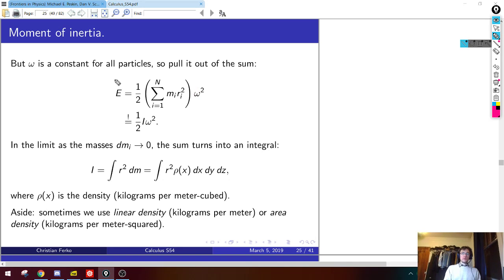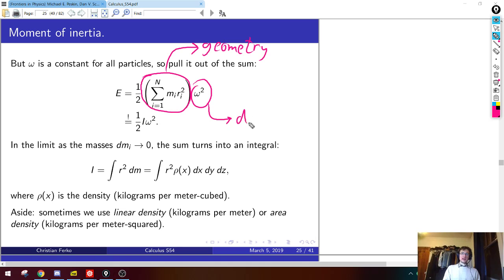So what did we just do? We wrote the total energy, the sum of the energies of all of the particles, as a product of two things. One of the things is just geometry. By geometry, I mean, to do this sum, all you have to know is where the particles are, what their masses are, and how far away they are from the central axis. So knowing where all the pieces of your shape are and how far they are from the axis is really just telling you basically the shape. So this number in the middle is just a constant which only depends on the geometry or shape of the rotating object. This thing over here, omega, is the dynamics, right?